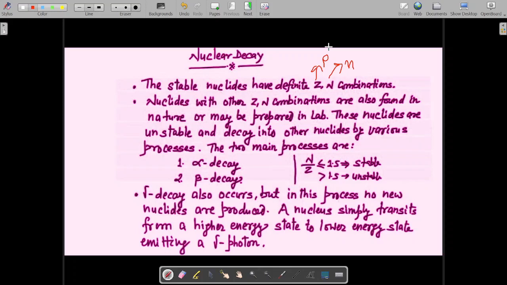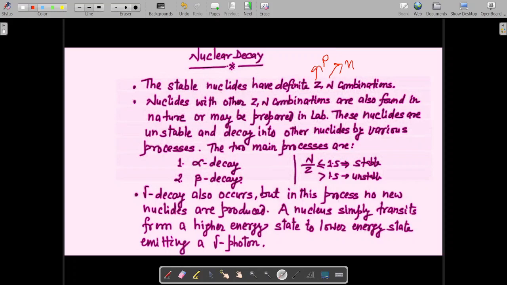That depends on the nuclear configuration, in which nuclear subshell the last nucleon is going. According to that, the stability will be defined. The stability will depend on all those factors. Now,